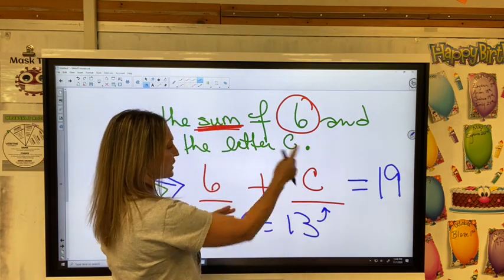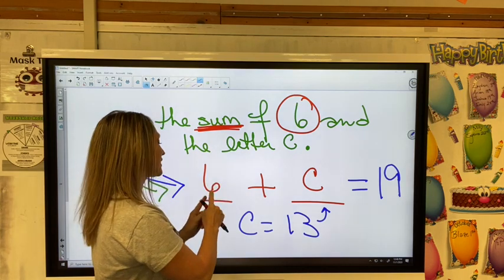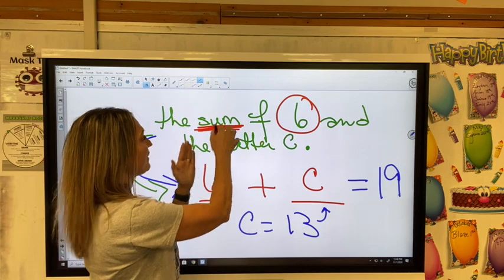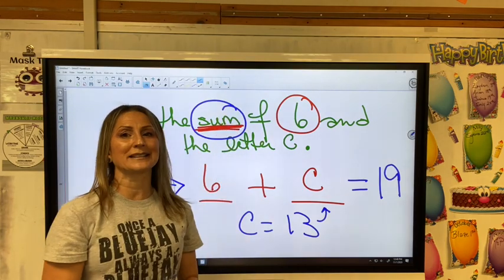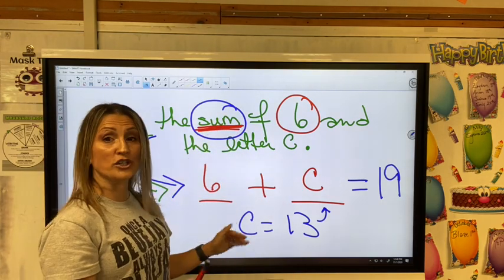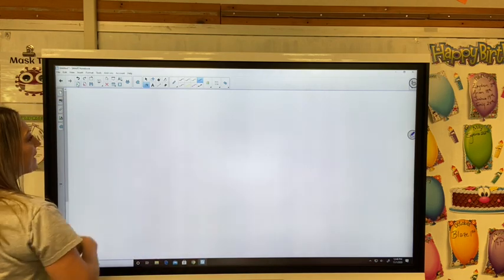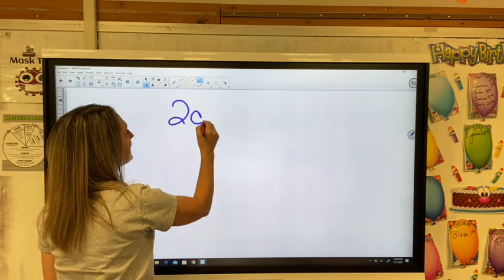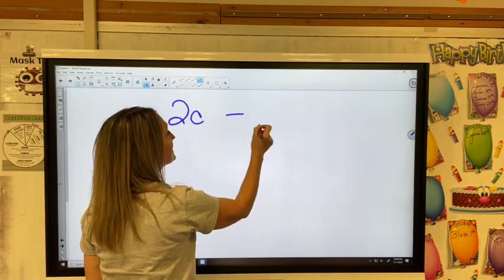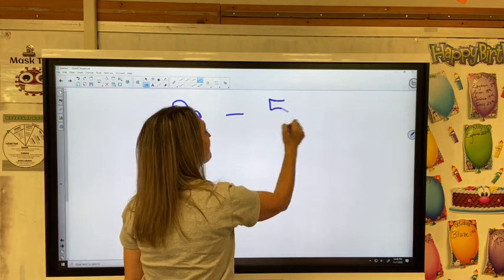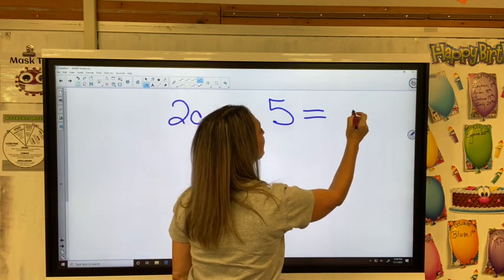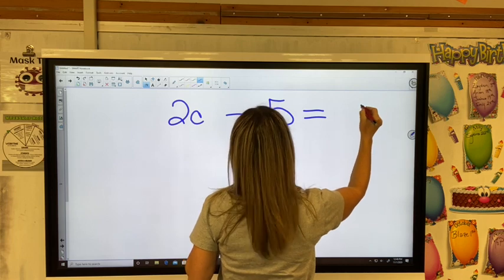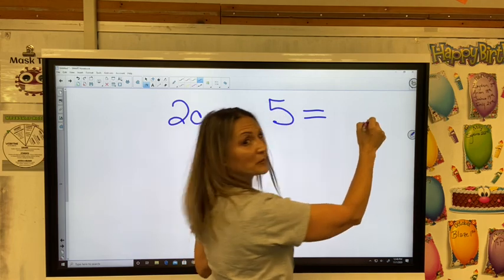I would put 13 in where C is at, and I could then add my 6 plus 13 to get 19, and that is where I would get my sum. So I can take it from words to a problem, or I can take it from a problem, 2C minus 5 equals, let me think of one I can do, equals,